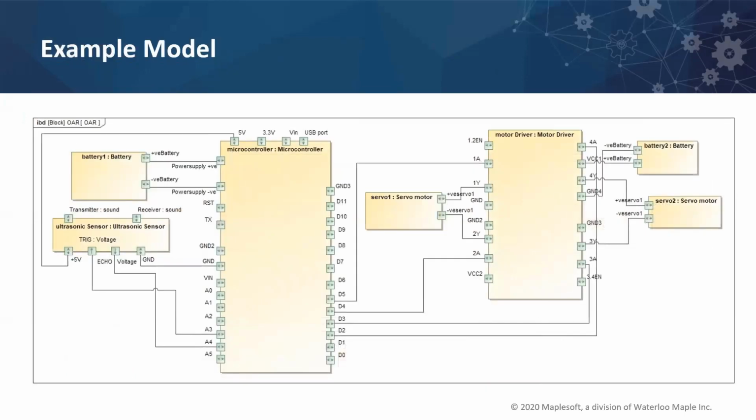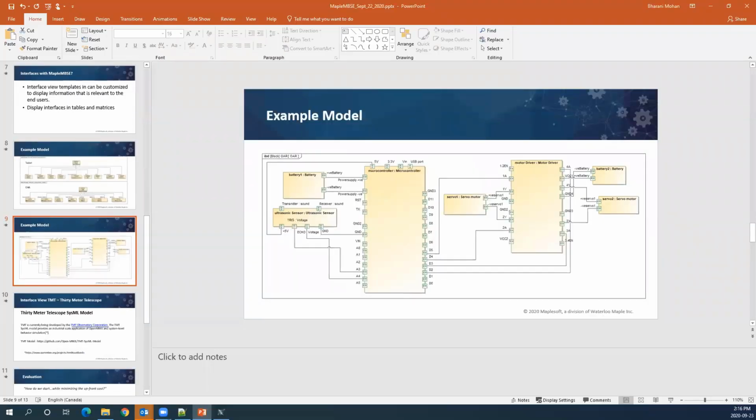So already in the SysML model, I have defined the internal block diagram. I have made all those connectors. So I'm going to display in MapleMBSE certain worksheets where I need just the review, or where I want the SMEs to review it, and certain worksheets where I want the SMEs to add certain information and save it to the model. So now I'm going to launch MapleMBSE.